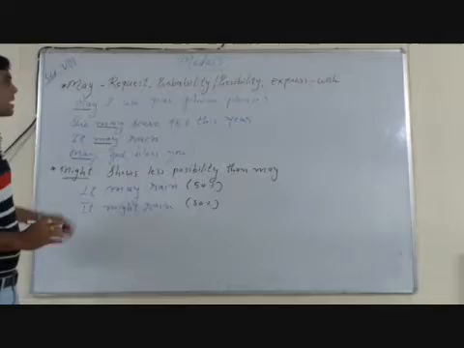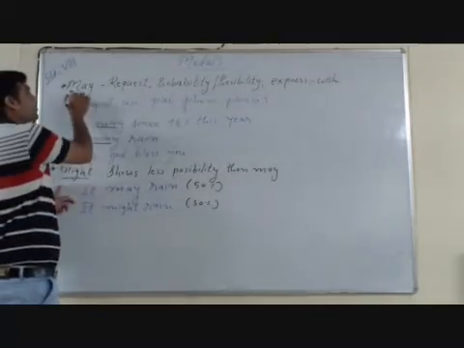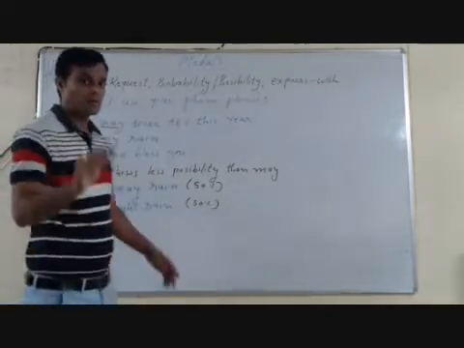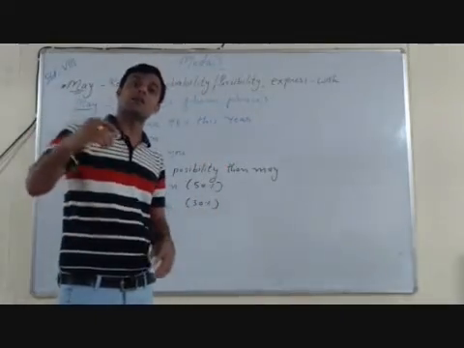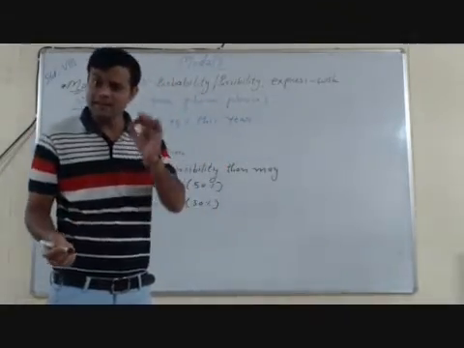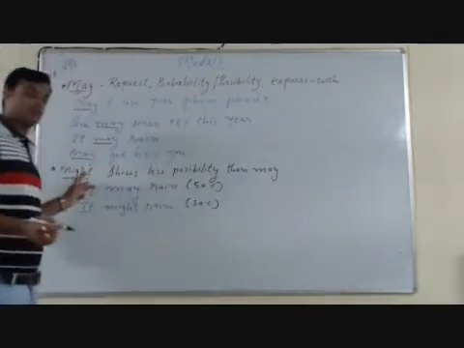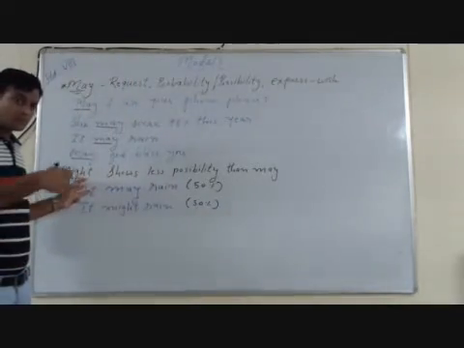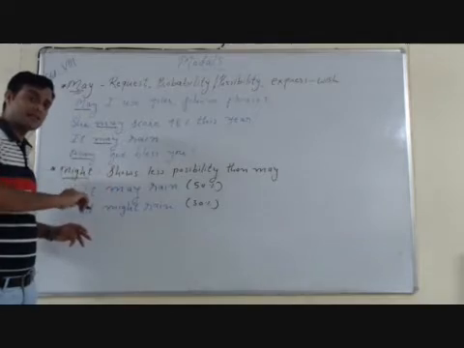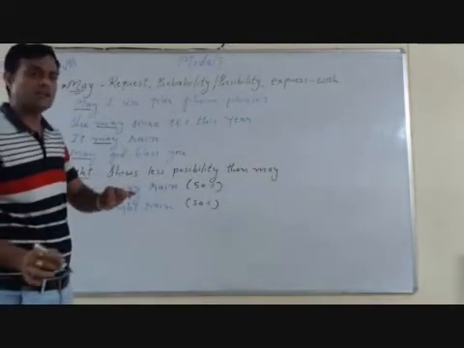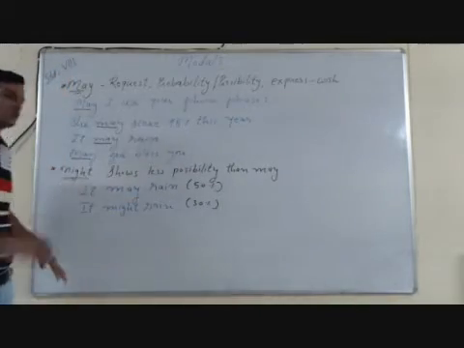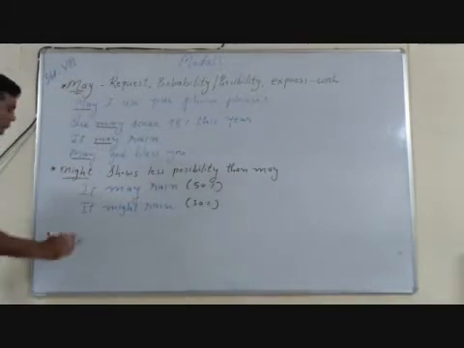Another use of might: it is the past form of may. Might, it is the past form of may that we use in reported speech. In indirect speech, we use might. When we transform a direct speech sentence into indirect, and when there is may in direct speech, while transforming into indirect speech, we use might. For example,